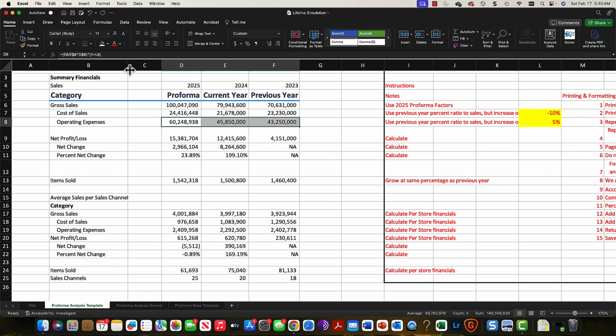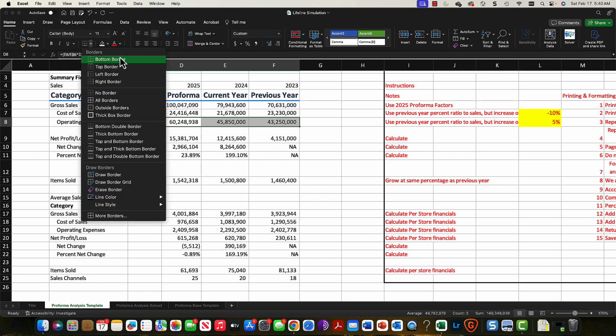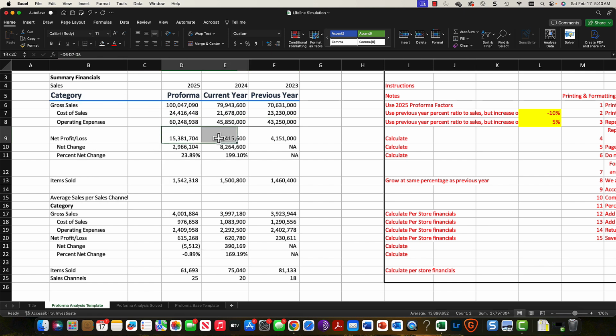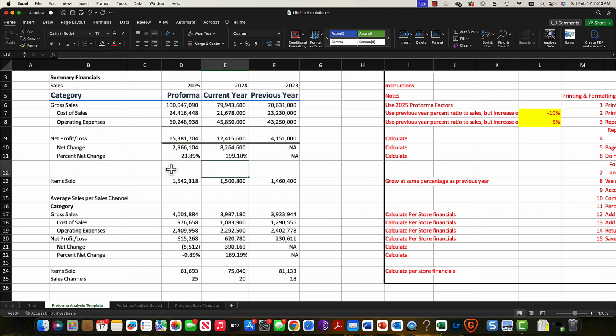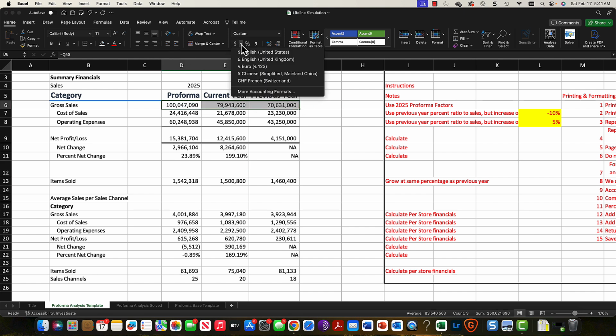Here you can put a border under it, bottom border, and that makes it definitive, and it means you're done. Put a double border, double bottom border. That way you have it more accounting style. I guess you can also put the currency in, say, euro or dollars. In this case, it's